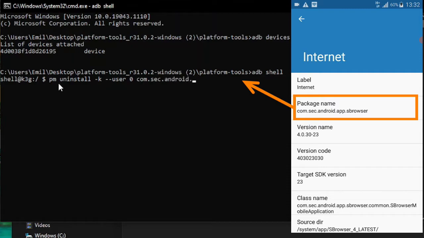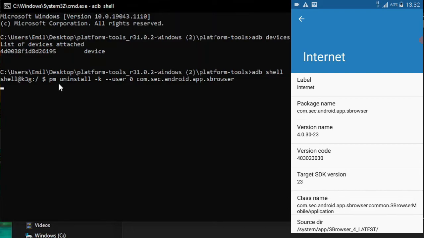In case the name is in uppercase, you need to type in uppercase. So com.sec.android.app.sbrowser. Then click enter. Now it will show success. It means the internet app has been removed from your Android device.